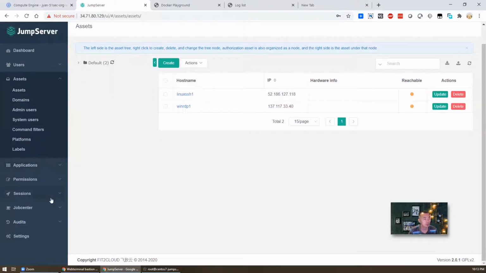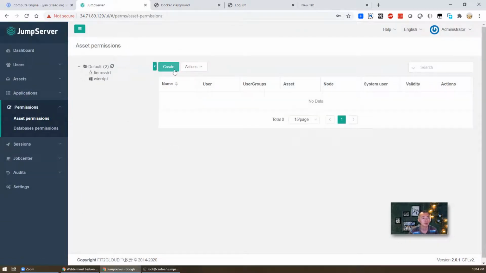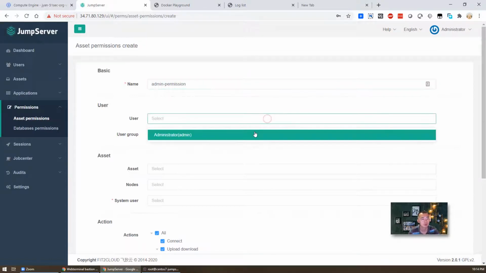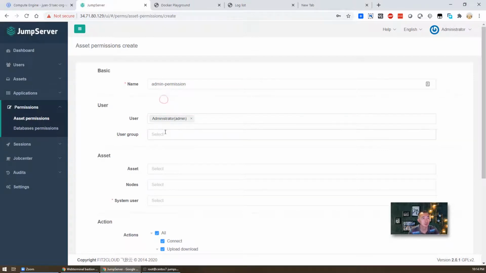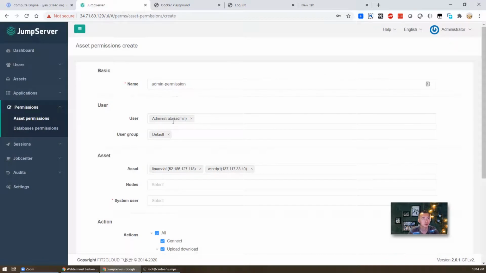After that, we're gonna grant the permission. We need to do asset permission. We need to create it. Let's say admin allow permission. Admin administrator. So we choose administrator. The user group will be default. We then choose asset. Those both assets will be allowed for this user administrator, admin user. Node will be default, system user,